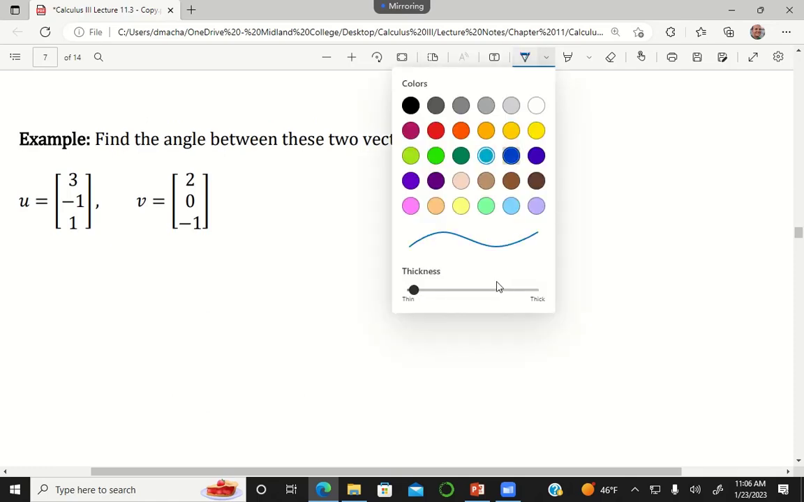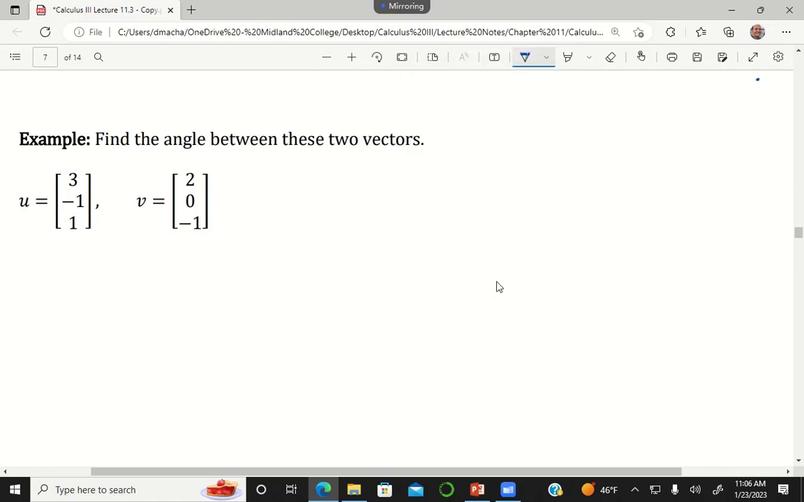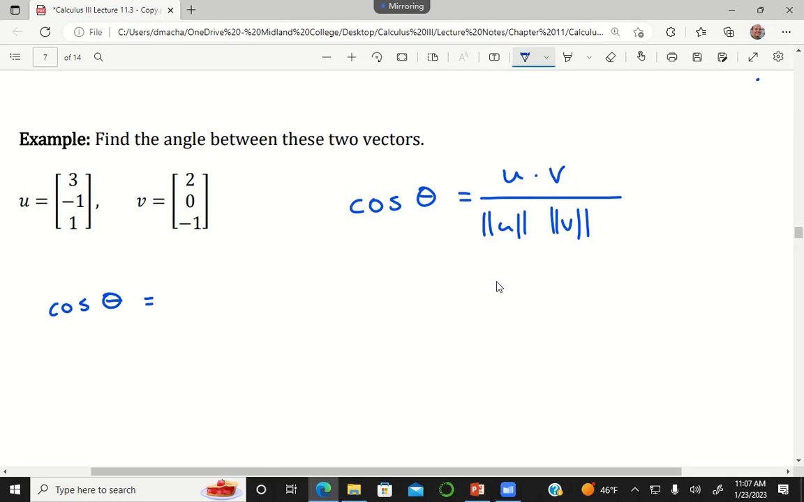Just a quick example problem. It says find the angle between these two vectors. So we know cosine of theta is equal to u dot v over norm u times norm v. So cosine of theta is going to be the dot product between u and v. So that would be